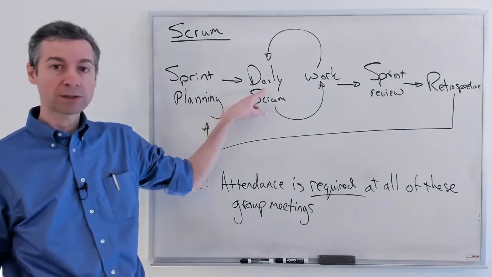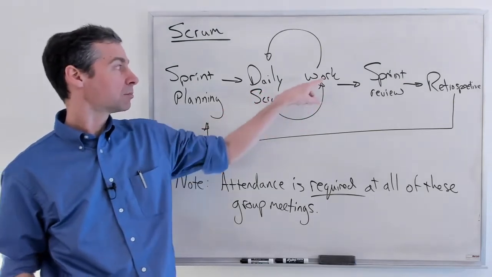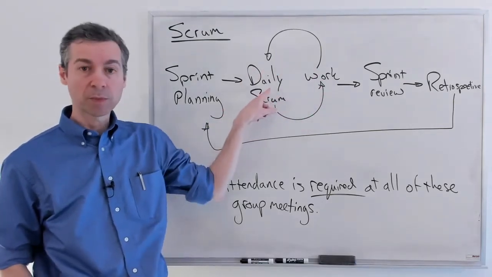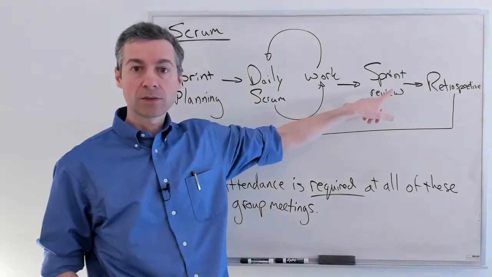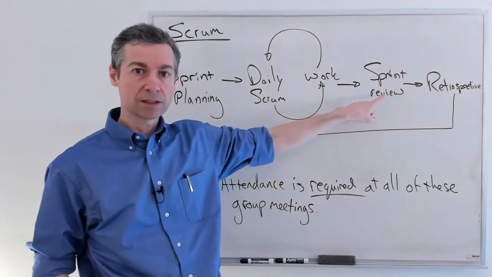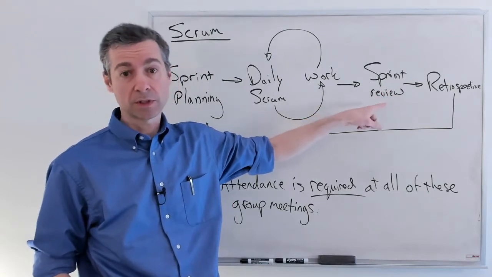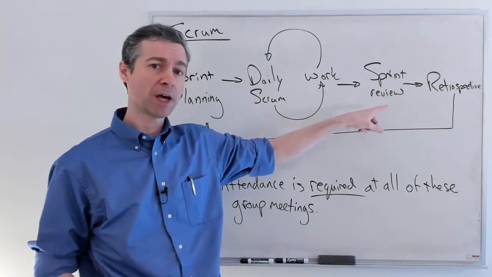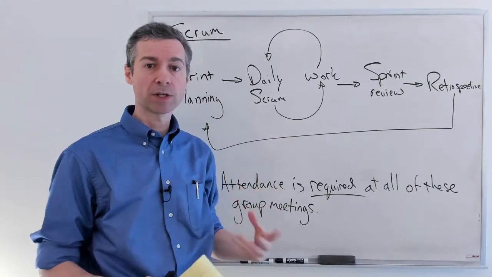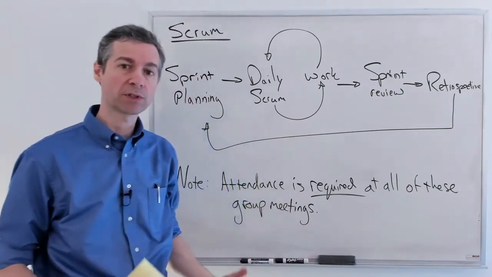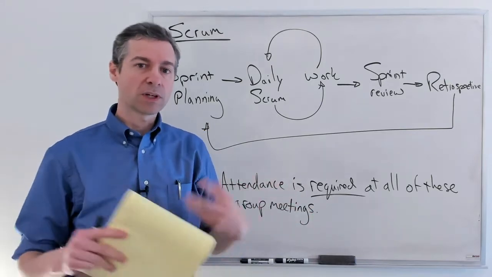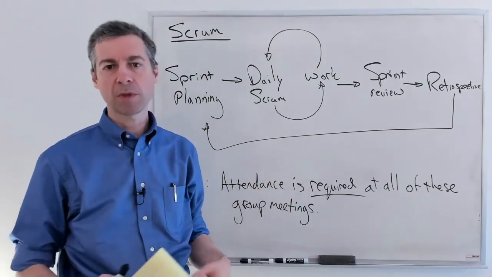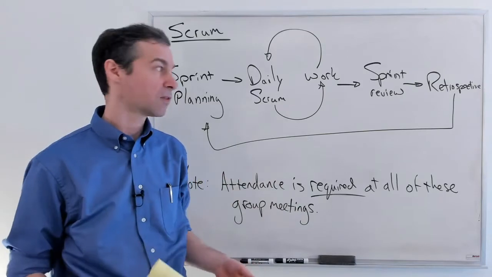Then we go into a process of a daily Scrum. We get some work done, and then we meet again as a team. We do that every day. At the end of the sprint, we meet with our client and we review the work, see whether or not the client approves of it, get feedback, decide, and reprioritize what the most important stories are to work on next. This goes into us updating our user story map and release planning and things like that.